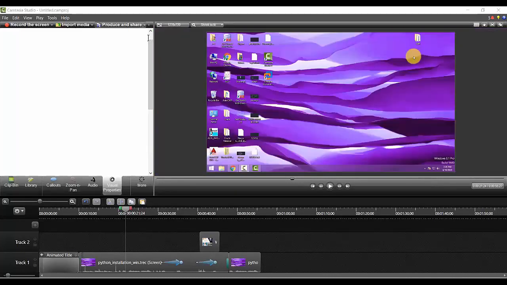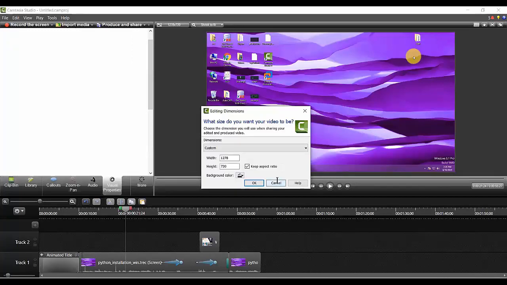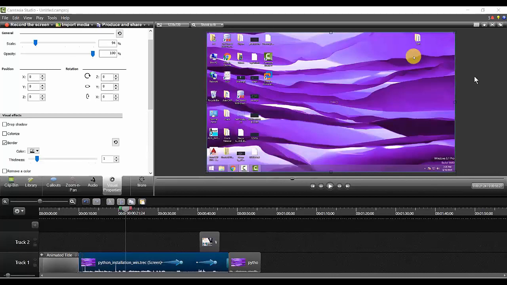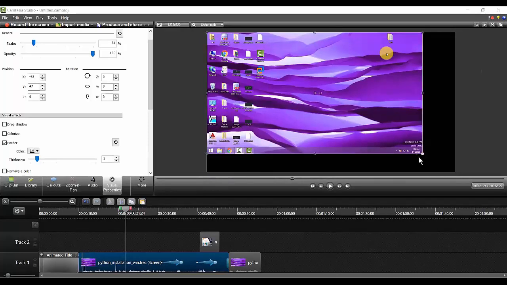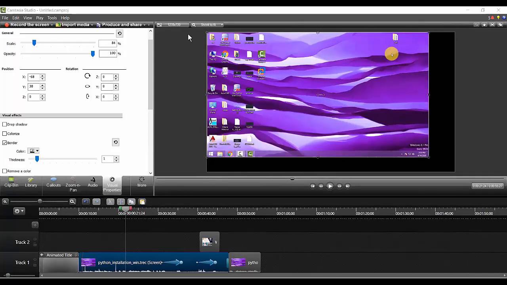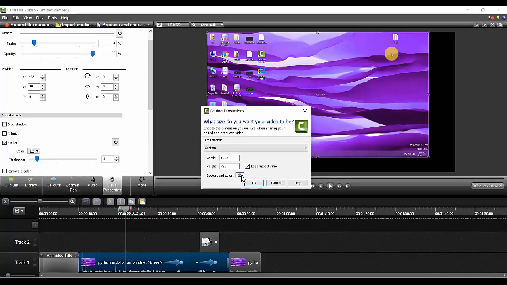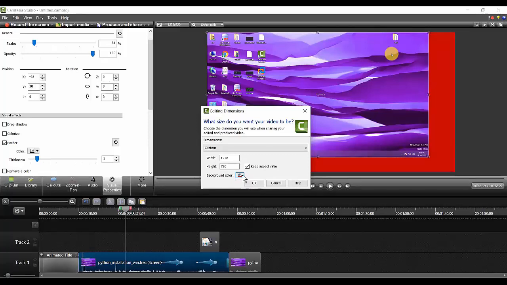Okay, now let us come to this produce. Okay, one more thing I wanted to say here. Now you see here, earlier my screen, the background of my screen, sometimes I wanted to show it in this way, but the background is black. Can I change it? Yes, I can change it. You see here, background color, and here black is chosen. You can choose white. You can choose any other color. So the background will be of that particular color.